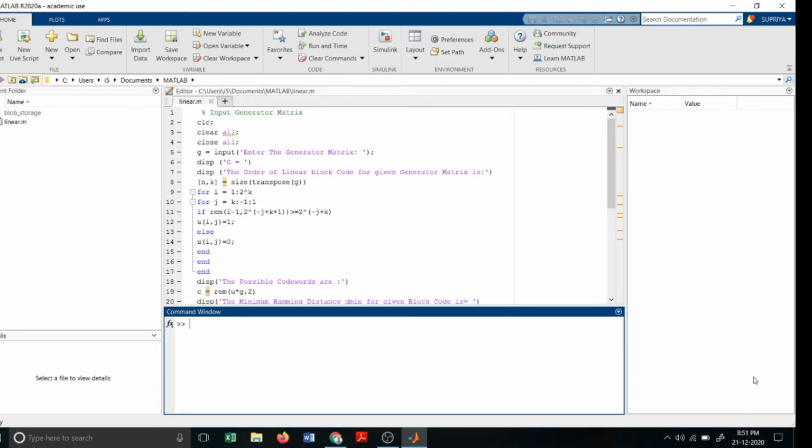Linear block code and convolution code are different types of error correcting techniques, depending upon the principles applied to them. Linear block codes: the encoder in the linear block code will generate a block of encoded bits from k information bits, and we call this a block code. These coded bits are also called code word symbols.